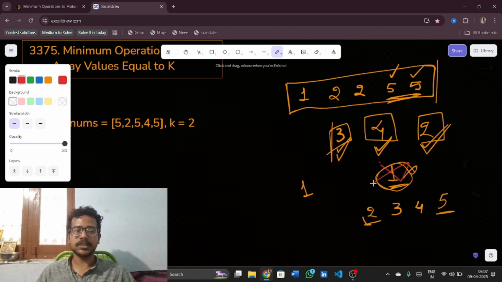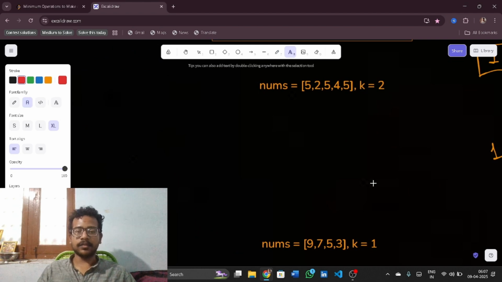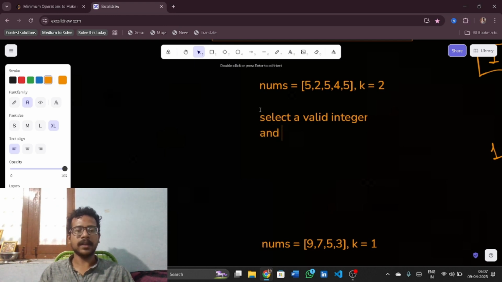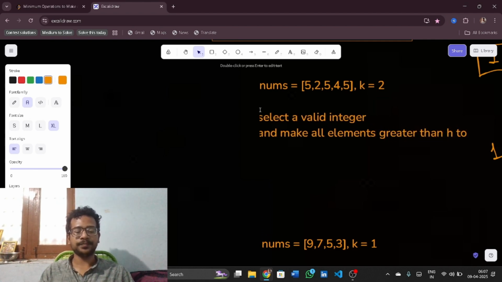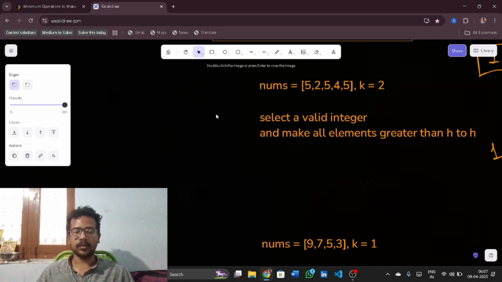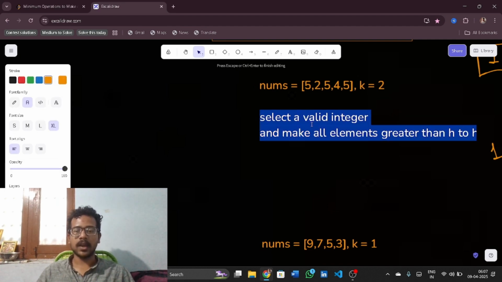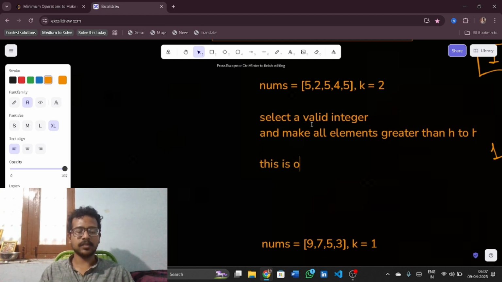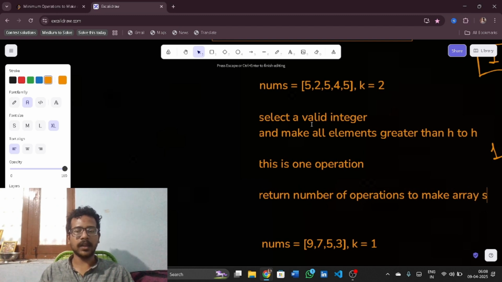Now, what is the condition we need to satisfy and what is given in the question? First, select a valid integer h, and make all elements greater than h equal to h. This is one operation. We have to return the number of operations to make array elements